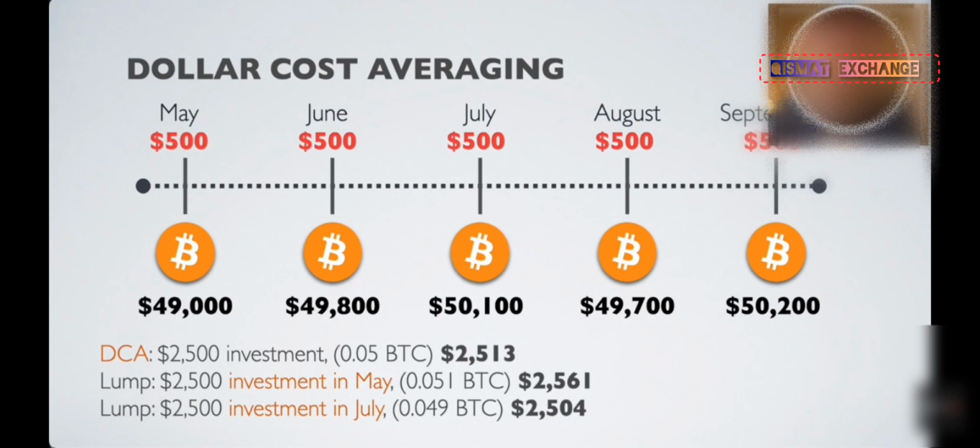All you do is choose how much you want to invest, and then you split that up over a time scale. So I've just done it once a month here. So let's say you've got $2,500 to invest in Bitcoin. So you start in May. Now, rather than putting $2,500 in,